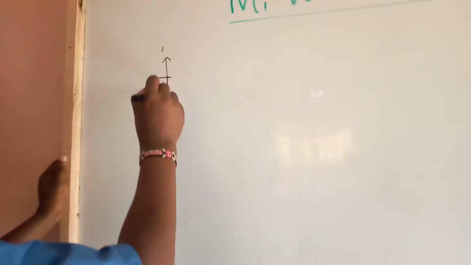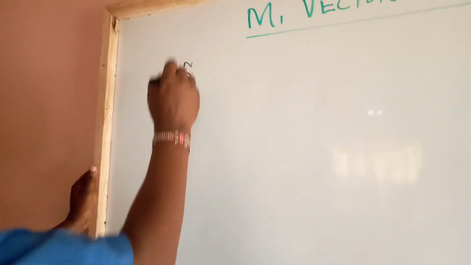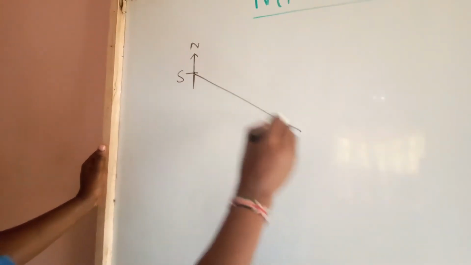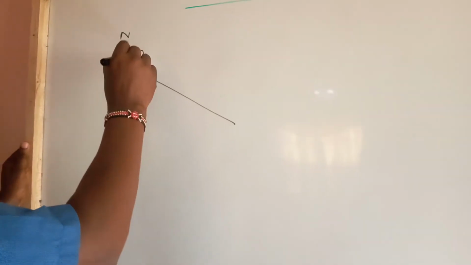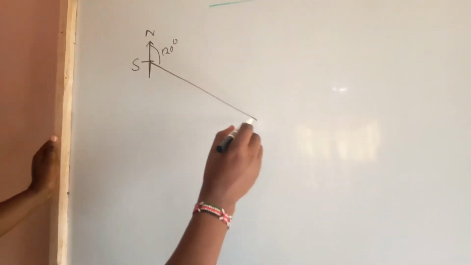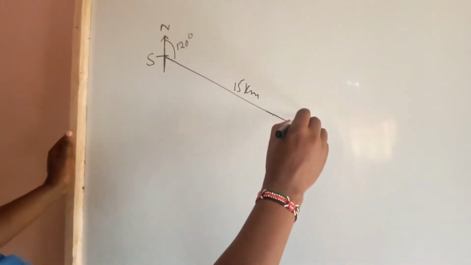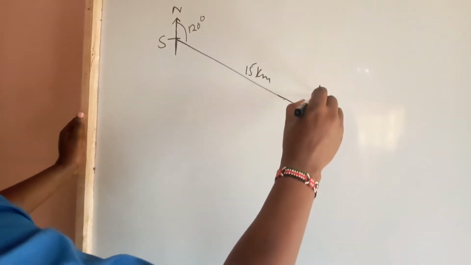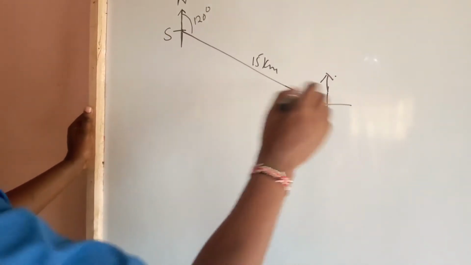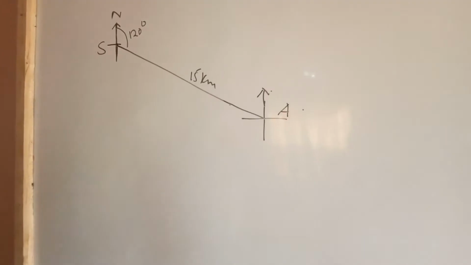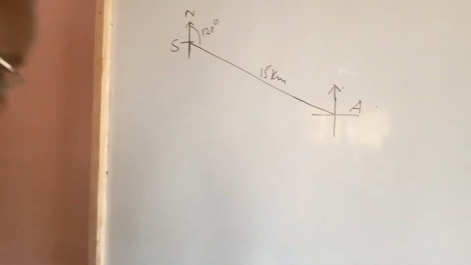A cadet leaves point S and walks 15 kilometers on a bearing of 120 degrees, and covers 15 kilometers to reach point A. This is another true north. That is point A. And then